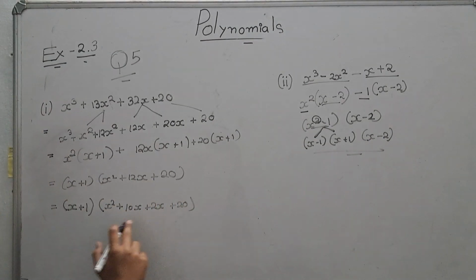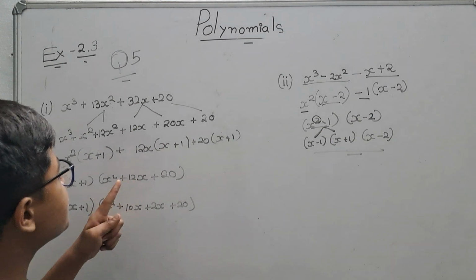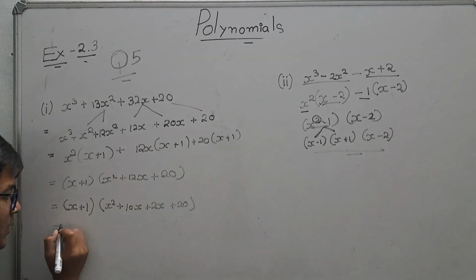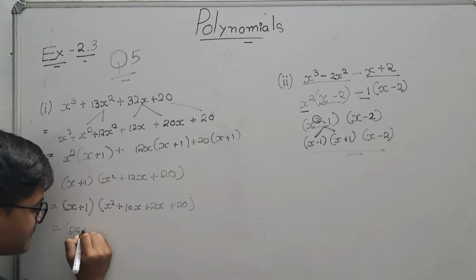Why have I taken 10 plus 2? Because when you multiply 10 into 2, you get 20, and when you add, you get 12. So x plus 1,